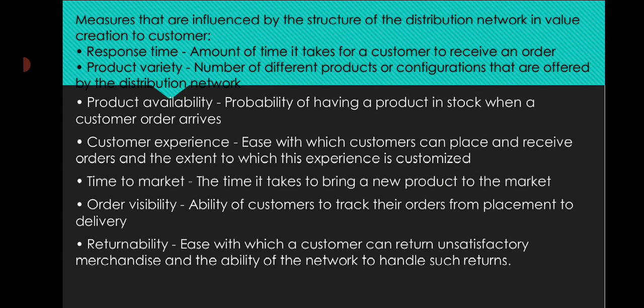Measures that are influenced by the structure of the distribution network in value creation to a customer are response time, the amount of time it takes for a customer to receive an order; product variety, the number of different products and configurations offered by the distribution network; product availability, the probability of having products in stock when a customer order arrives; customer experience, the ease with which a customer can place and review orders and the extent to which this experience is customized; time to market, the time it may take to bring a new product to the market; order visibility, the ability of the customer to track their orders from placement to delivery;